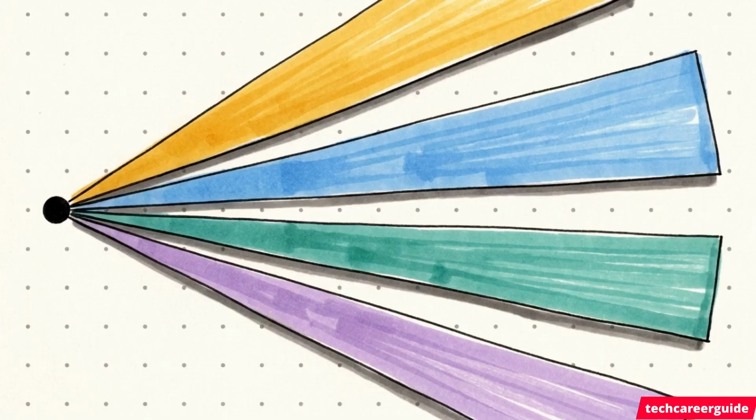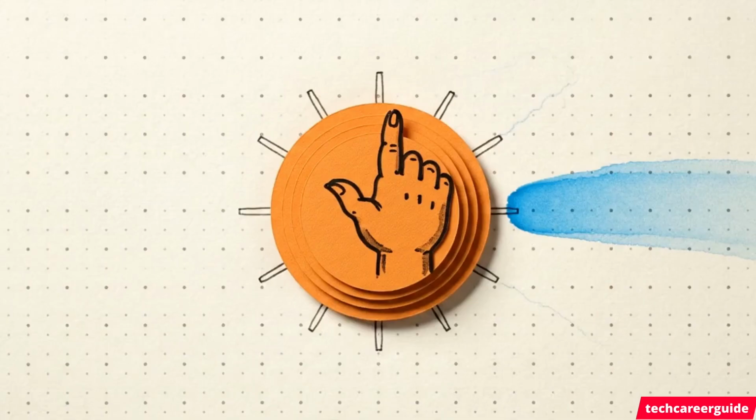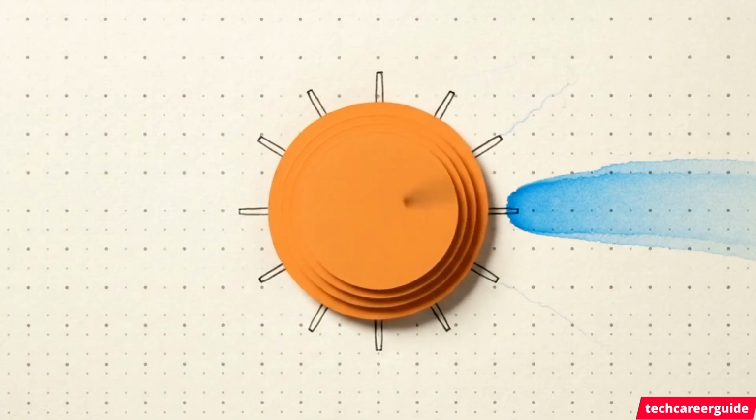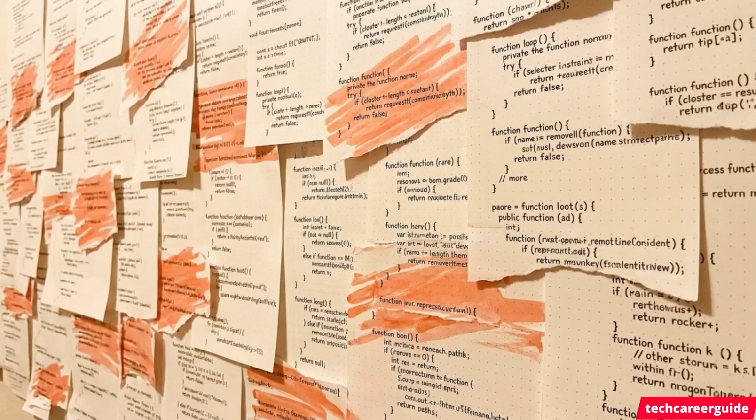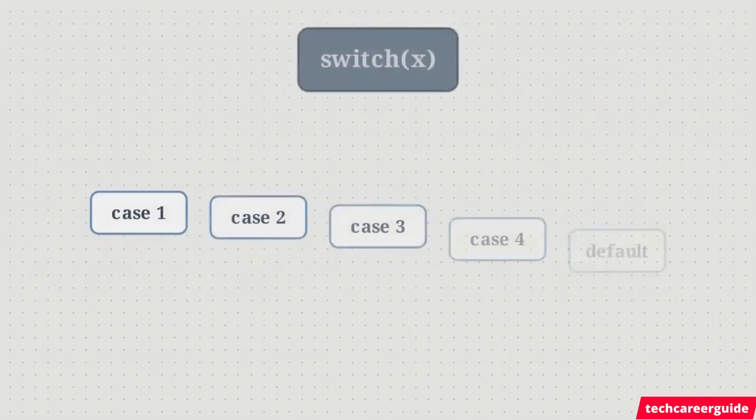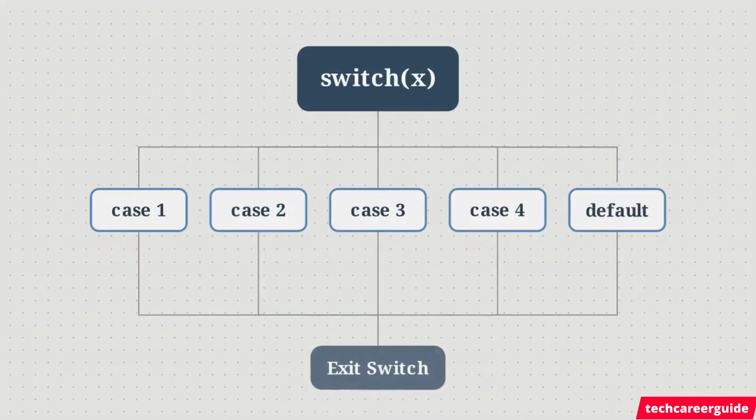This applies to scenarios where a single input needs to be routed to one of many parallel outcomes. Take a basic calculator app as an example. The user provides an input and then chooses an operation: add, subtract, multiply, or divide. Checking every operation using standard if-else chains results in repetitive syntax, where the program has to reevaluate the same variable multiple times. The switch statement acts as a central hub, receiving the input once and routing it directly to the